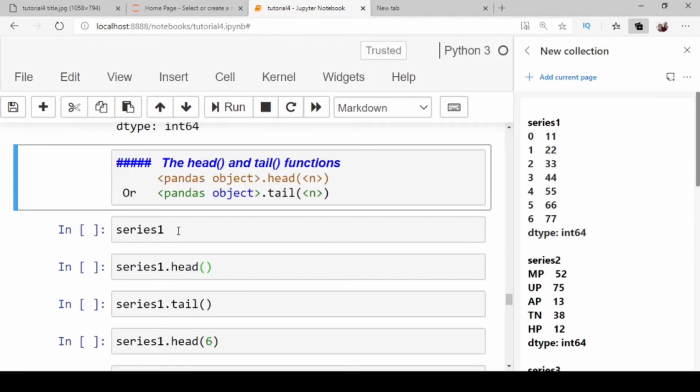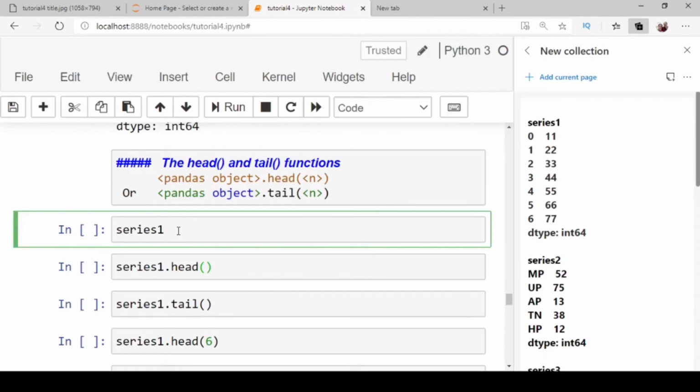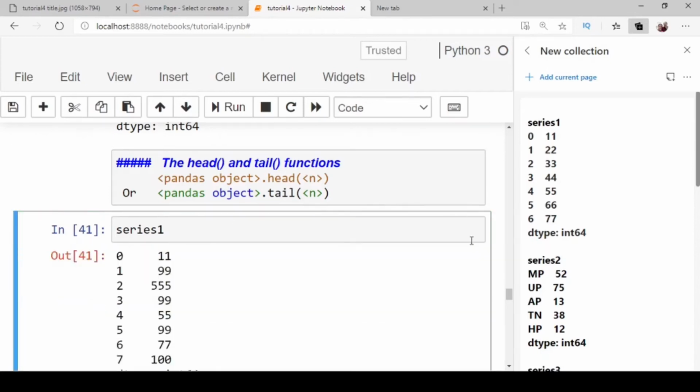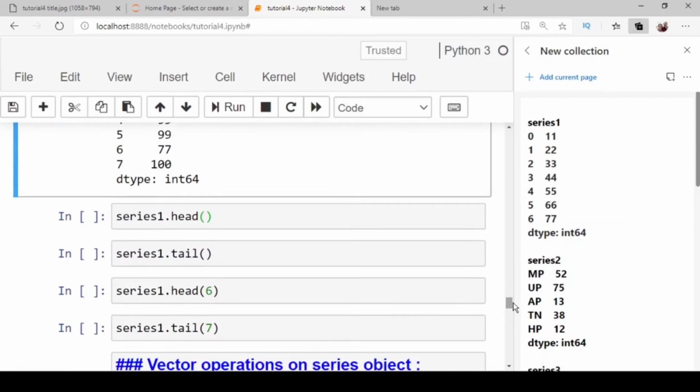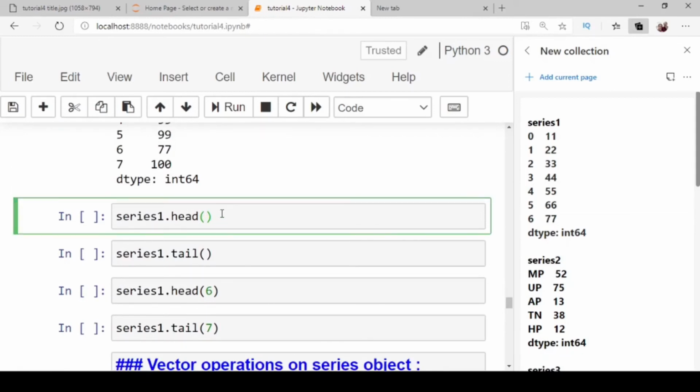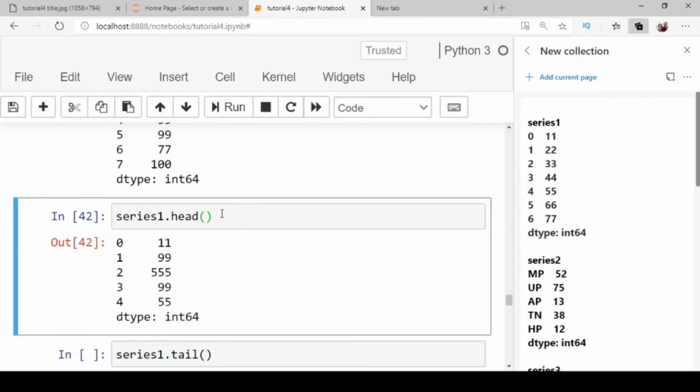First you see the contents of series 1. Series 1 has 8 elements. Now we write the command series 1 dot head and press Ctrl Enter. This statement displays the first 5 rows of series 1.